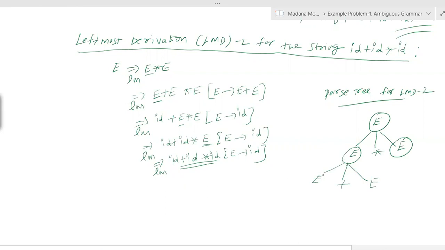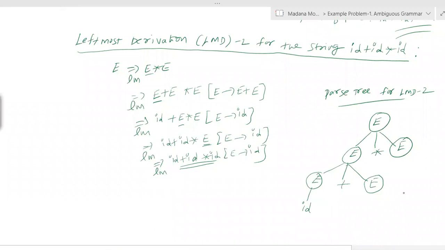Again, here E is a variable, plus is a terminal, I mean leaf node. Then here again E is a variable, meaning internal node. Wherever a variable occurred, you can represent it within a circle. Further expansion is possible in place of a variable, but for a terminal expansion is not possible. Next step, the leftmost E is replaced by ID. So this is replaced by ID. Now ID is the child of E, so ID is connected to its root E.